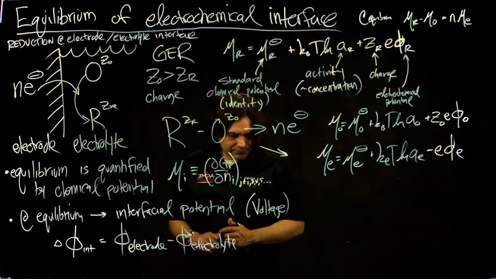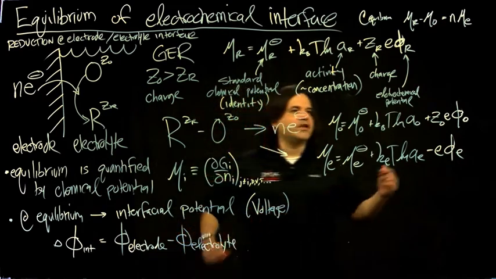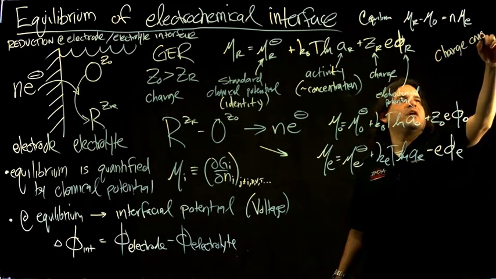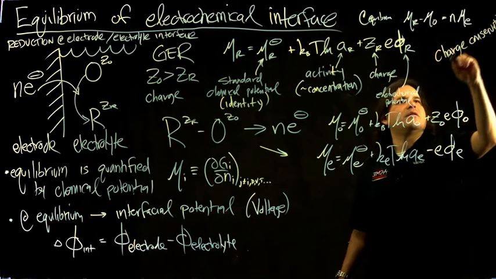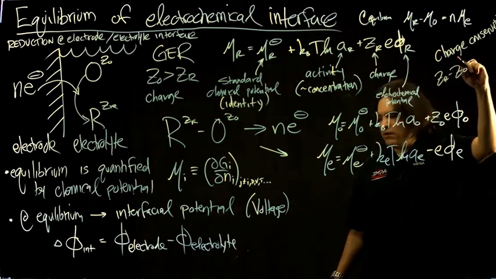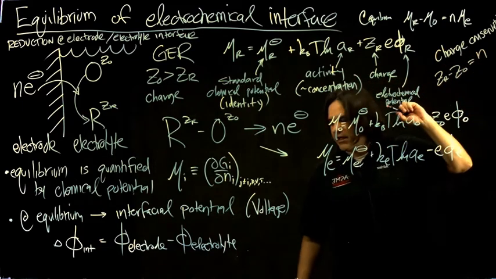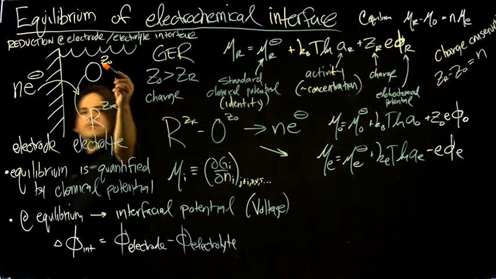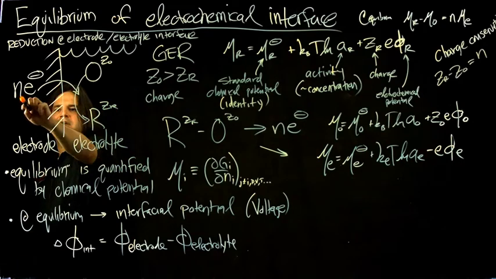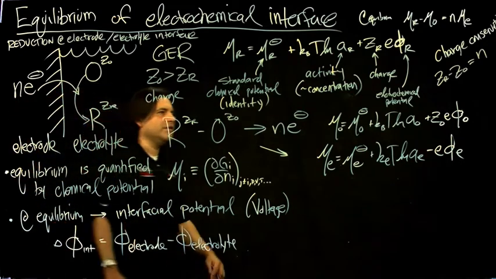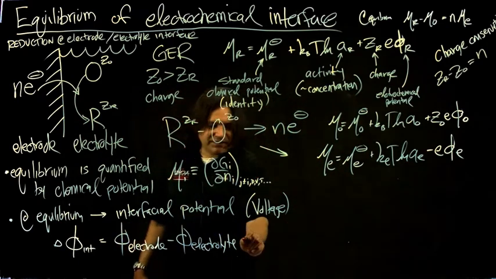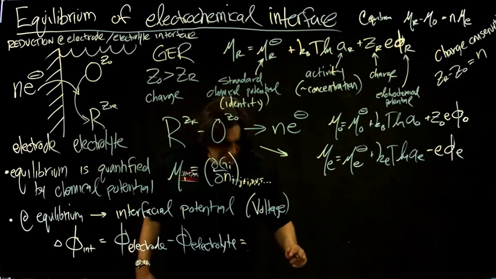Equals, now we're ready to plug all of those in. Another thing is that by charge conservation, we're not creating new charges, we're just balancing them out. You can write that ZR minus ZO equals the number of electrons that came in. So that's what's happening here. There's some reduction where there's some gain of electrons, and this whole balance depends on how many came in, N electrons came in. So using all of that, we can write that this interface voltage at equilibrium equals